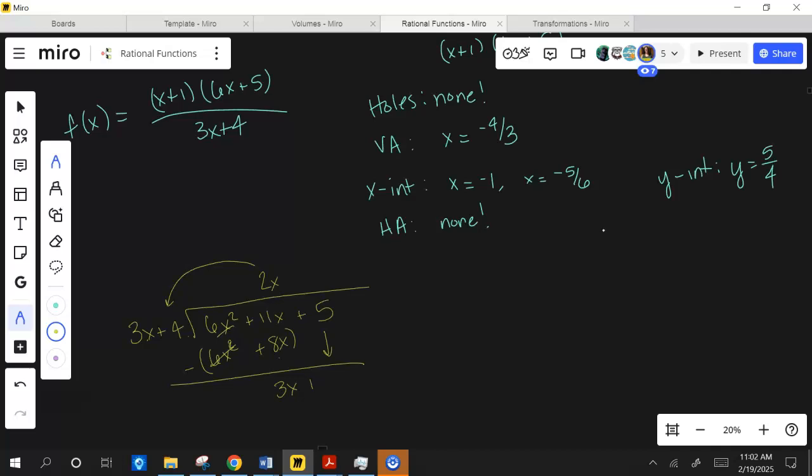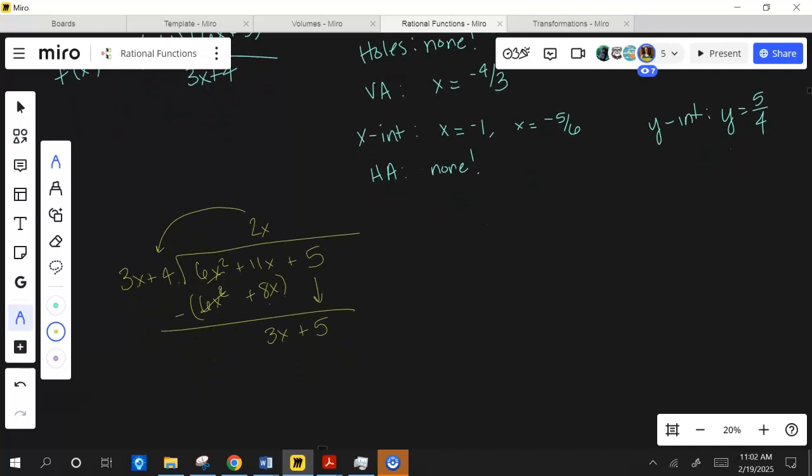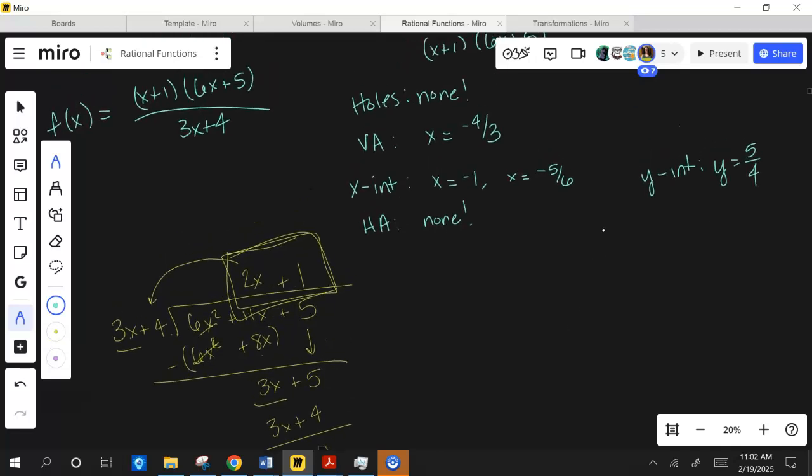Bring it down. Now, what do you multiply 3x by to get 3x? Positive 1. Multiply around, and it doesn't really matter because I'm not worried about this remainder. I'm only worried about this. That's exactly right. So my slant asymptote is y equals 2x plus 1. Okay,